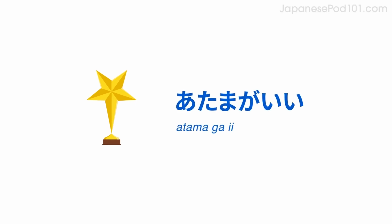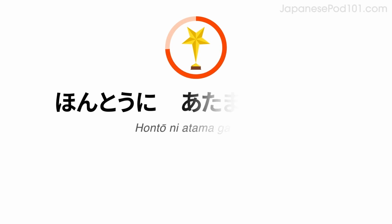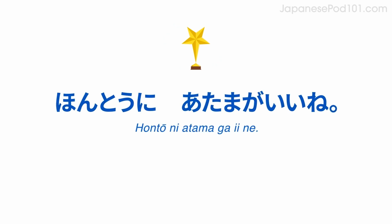Now imagine you think it was smart. Do you remember how to say smart? 頭がいい. Say, you're so smart. 本当に頭がいいね。Now react to the joke saying the other person is smart. 数学の本はどうして悲しそう？問題が多いからだよ。本当に頭がいいね。